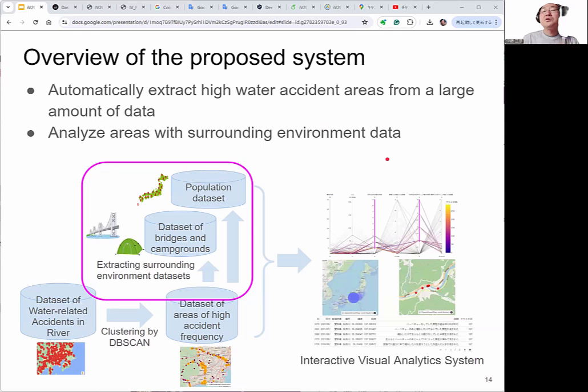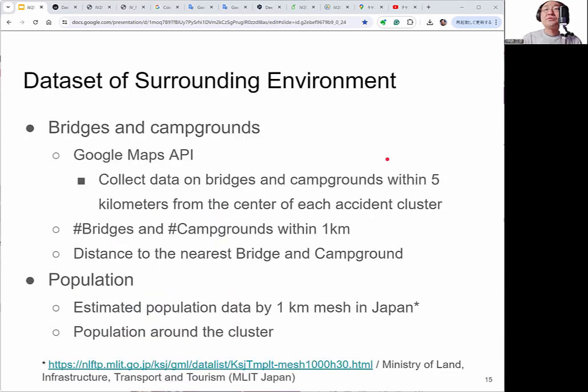So for this purpose, we collect the data set of population, bridges, and campgrounds. To collect these data, we utilize Google Maps API. And we extract the number of bridges and campgrounds within 1 kilometer from hotspots.